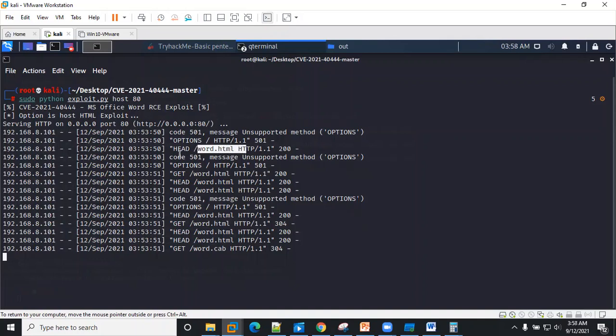from the CNC server. And as you can see, the next thing is that there's a GET request for the word.html file. So once this is received by the victim machine, the next thing is that it's also going to request